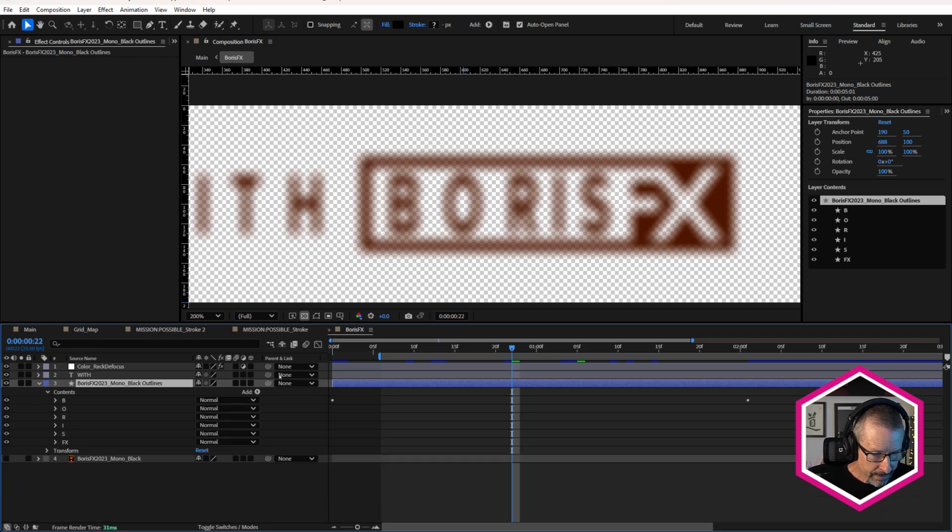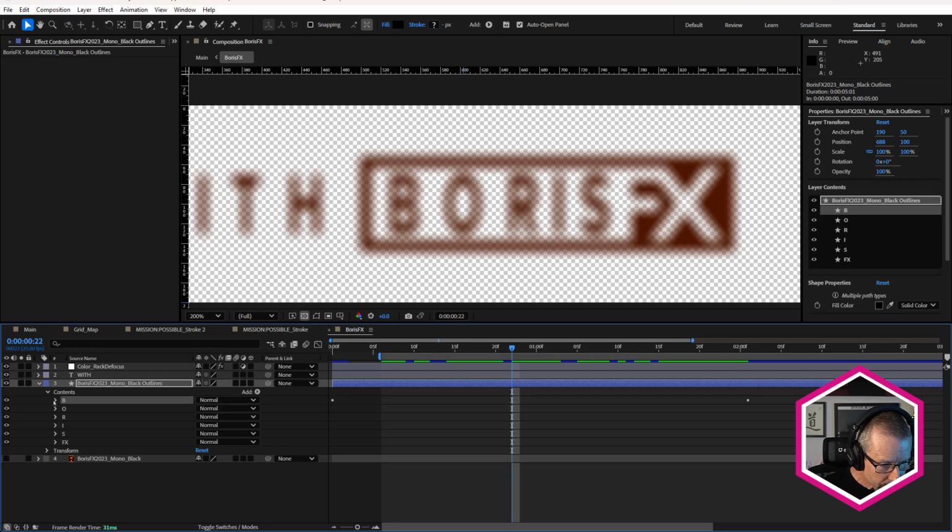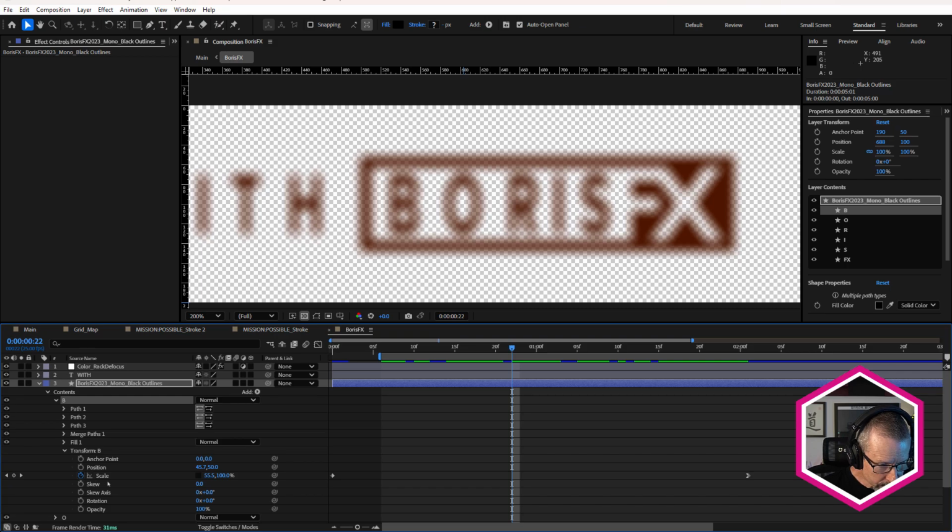Now for here, you can see there's BORISFX, and there's a few keyframes in this. So to open the B, under Transform, there's a couple of scale keyframes for that group of paths which makes up the B. Let me just turn off these.